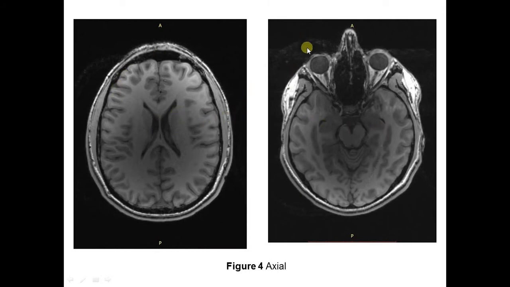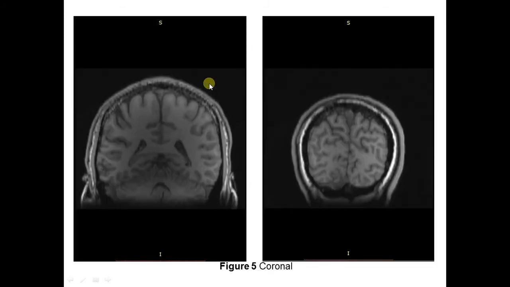You can see some artifacts in the region of the eyes because the eyes are moving during the readout period, so artifacts occur in this direction. These are the images for the coronal plane